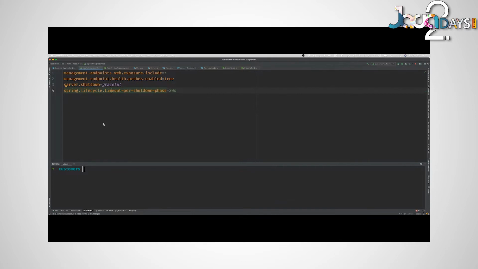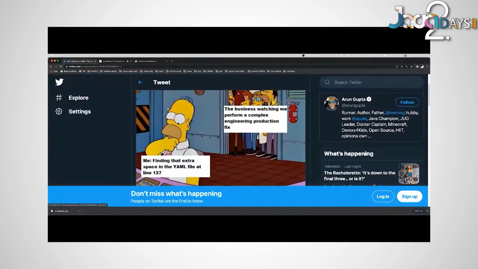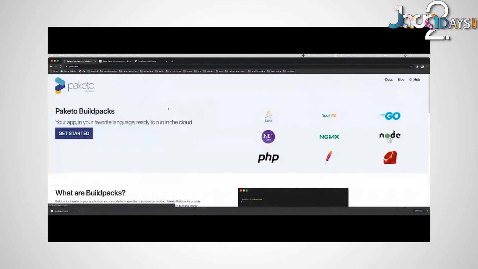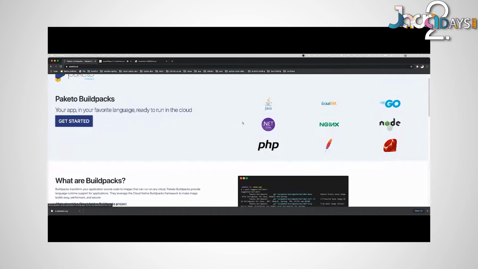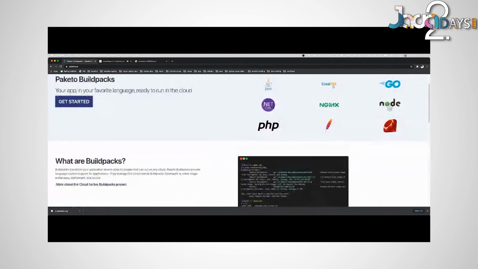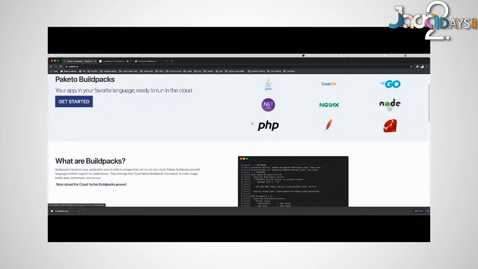And so Paketo build packs help you solve that, right? They help you get rid of them because what they do is they take the application artifact and turn it into a container. So you give it a Java jar, a Spring Boot jar, for example, and it'll download a JDK and create a file system and create the right memory configuration and then create a container for that. If you use Go or PHP or .NET or Ruby on Rails or Python or whatever, there's dozens or hundreds of build packs out there.